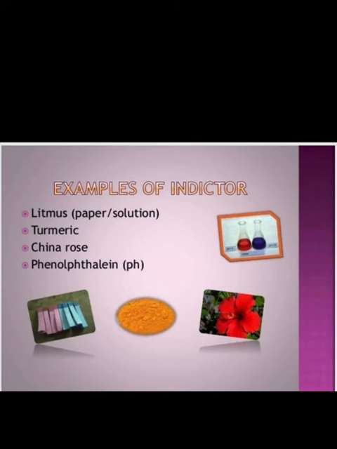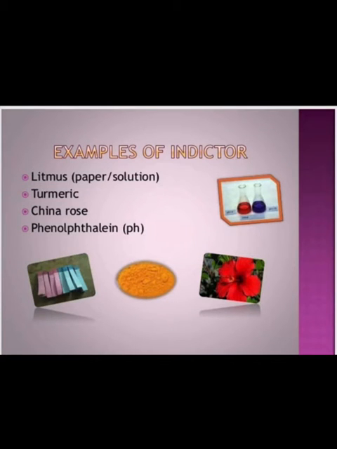For a neutral solution we have to conduct two tests, a blue litmus test and a red litmus test. If the blue litmus paper does not show any color change and the red litmus paper also does not show any color change, it is neutral in nature. It is neither acidic nor basic. So we can say it is neutral in nature.